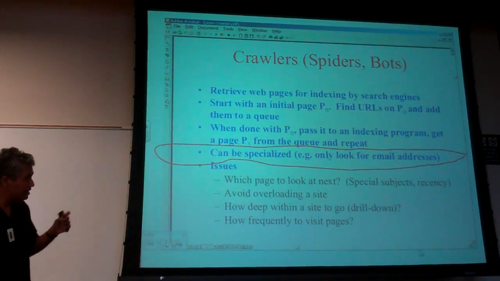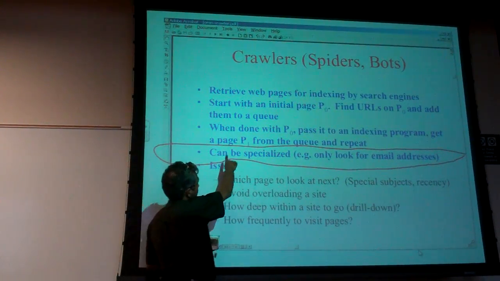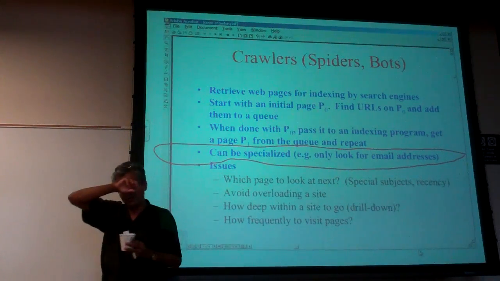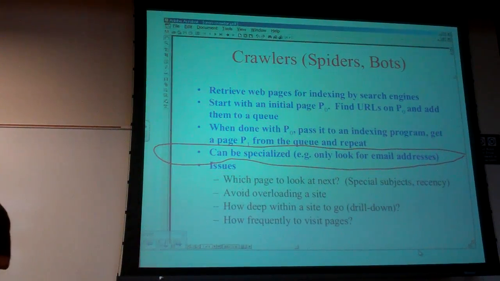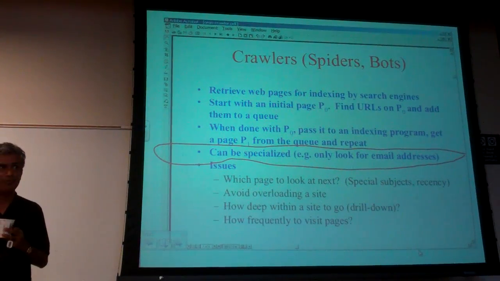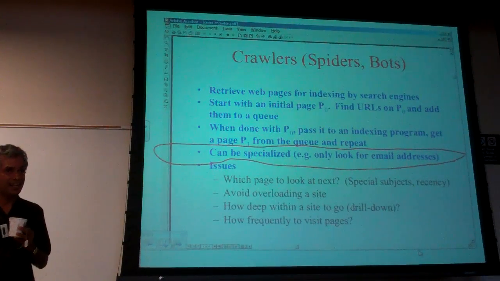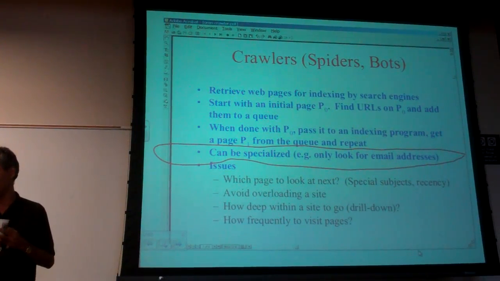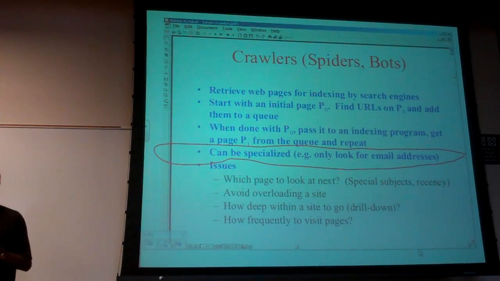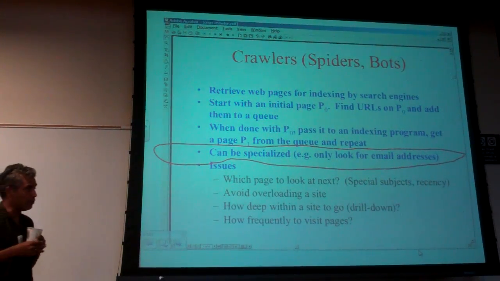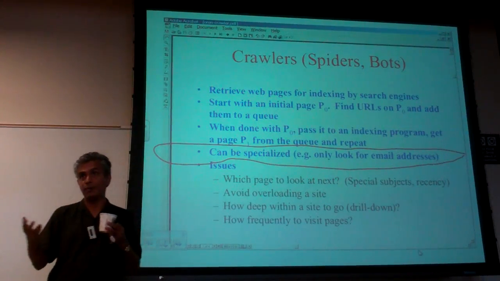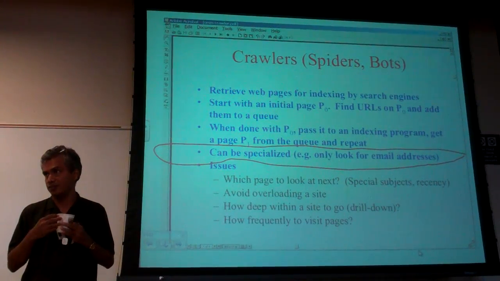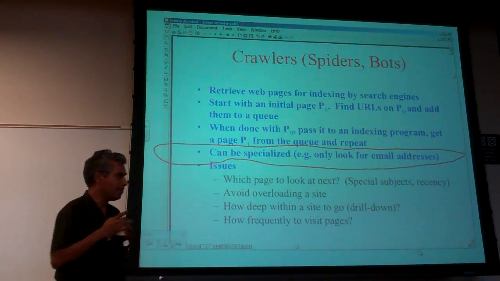By the way, this discussion is actually from one of the oldest crawlers, called the Mercator crawler, which used to be the crawler for AltaVista, which most of you probably don't know. AltaVista used to be the search engine before Google came along. Okay, and that was a Digital Western Research Lab search engine. And so Mercator was their crawler, and they wrote a nice paper about how their crawler works.